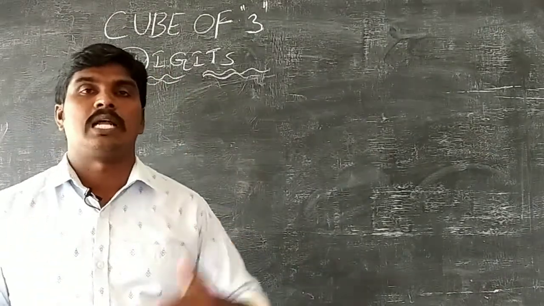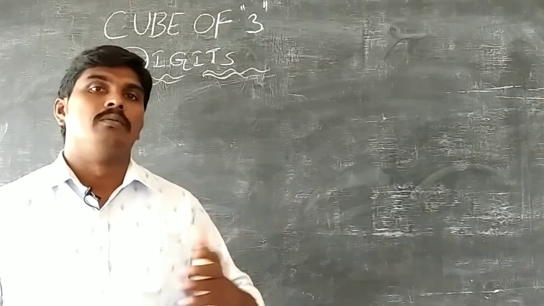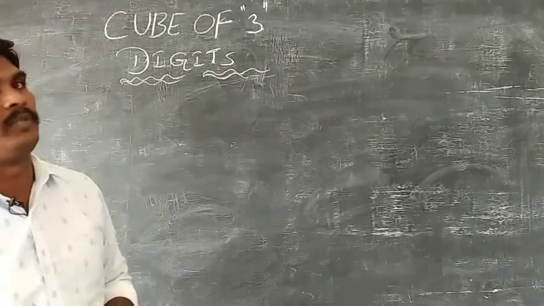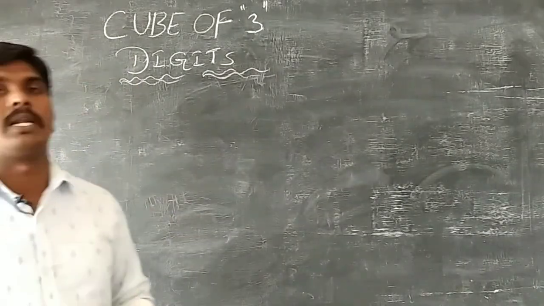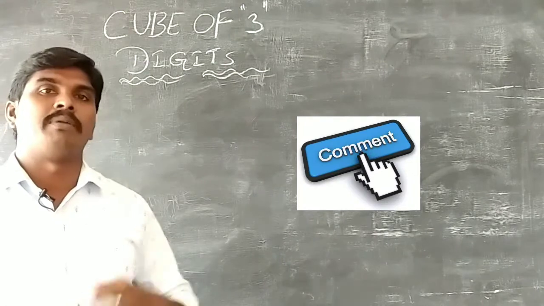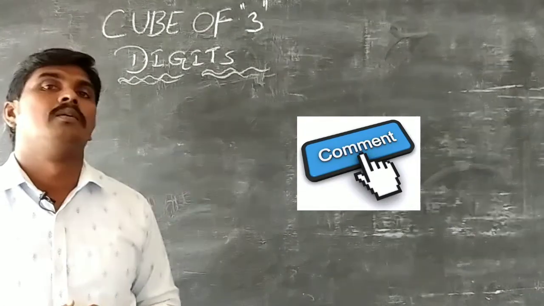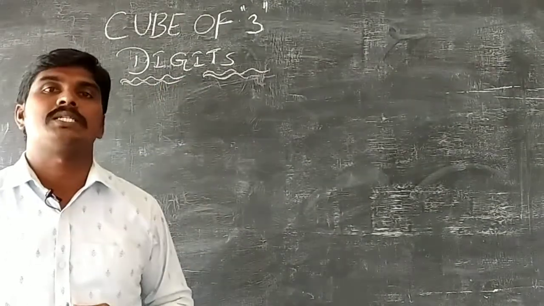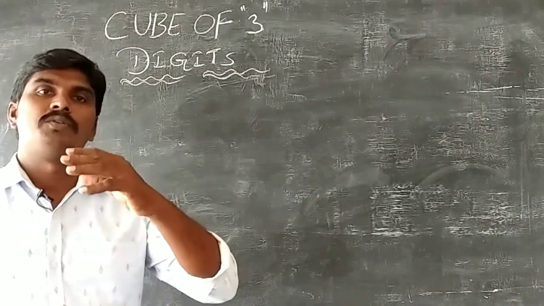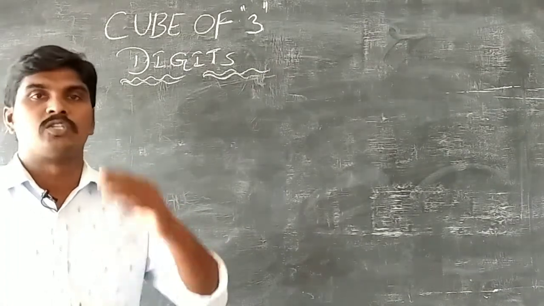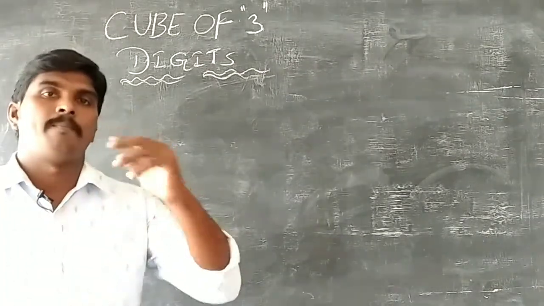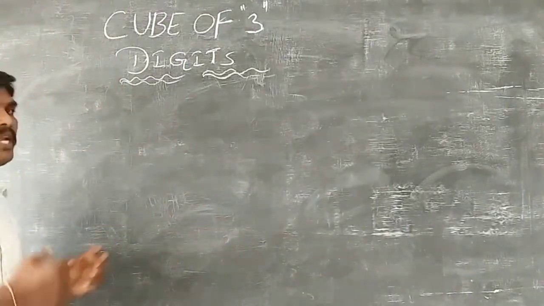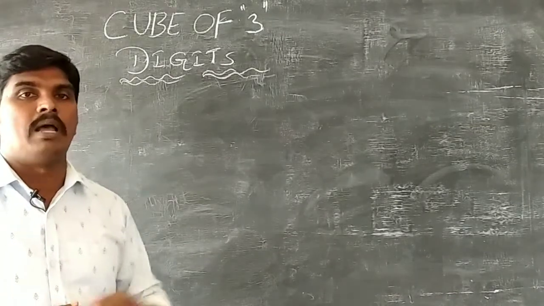Today in this video I am going to explain an important topic, that is the cube of 3 digits. In the last video I explained the cube of 2 digits. This is very useful for children as well as competitive examination candidates. It is time saving. If you learn this kind of shortcut, you can save a lot of time in the examination paper or in the classroom. By taking some 3-digit numbers, I will explain this topic.